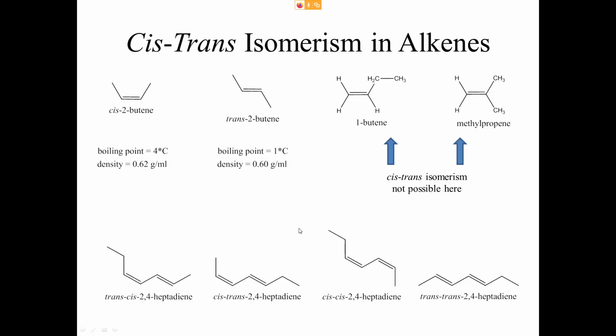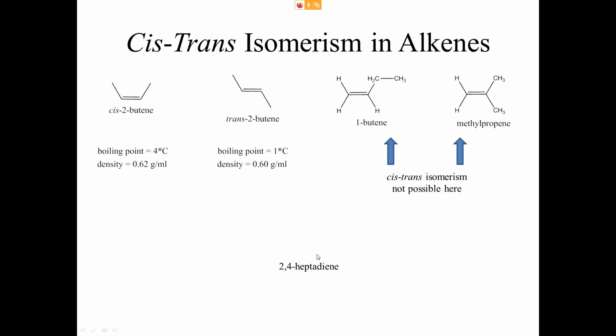So if you draw these out, there's 4 possibilities because I didn't tell you how those double bonds were arranged. In fact, every one of these, the double bonds have a different arrangement: either both trans, both cis, trans followed by cis, or cis followed by trans, respectively for 2 and 4. So when you see a name like this, go ahead and draw it out, but I didn't tell you how to draw this, so the possibilities for each double bond that can be cis or trans, it doubles the number